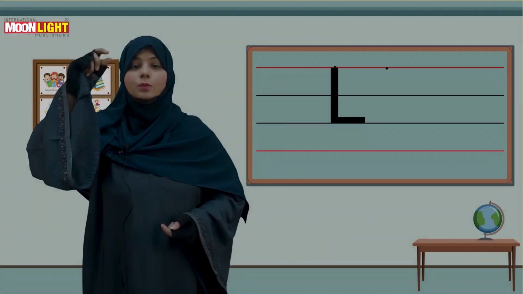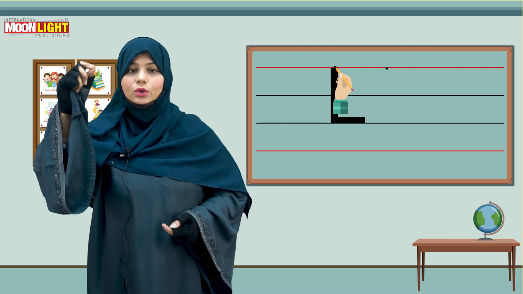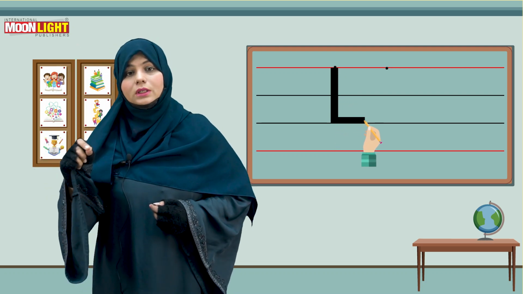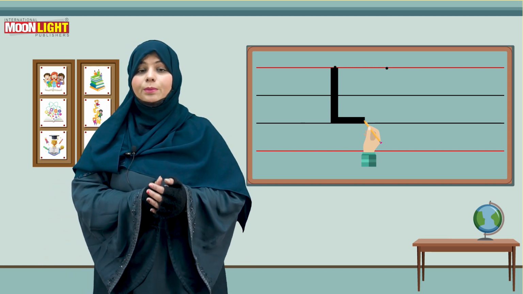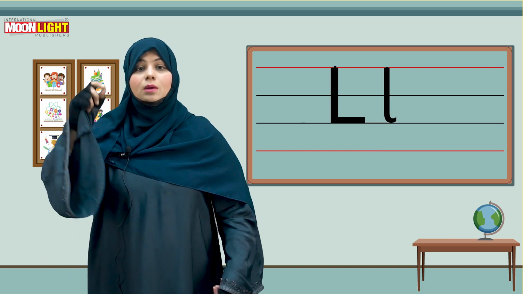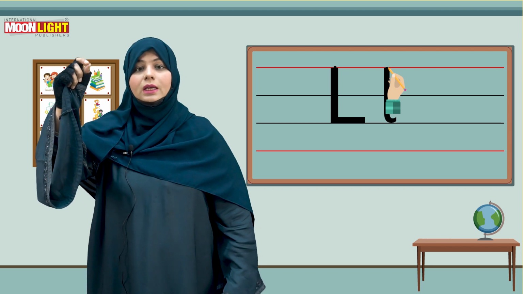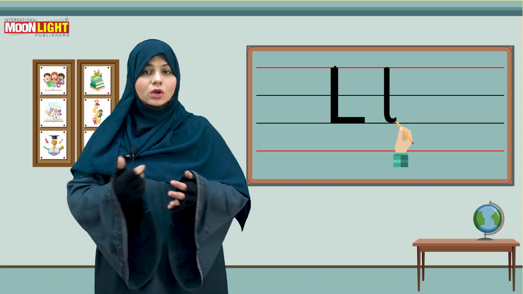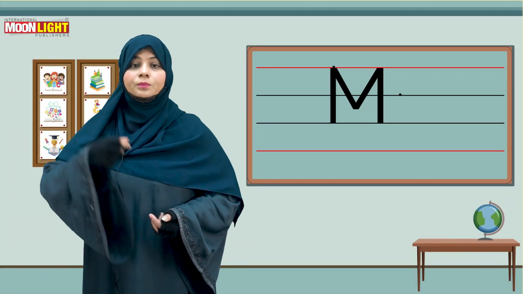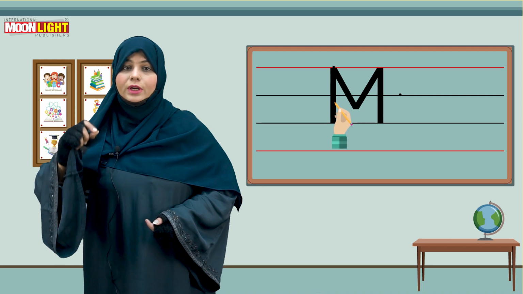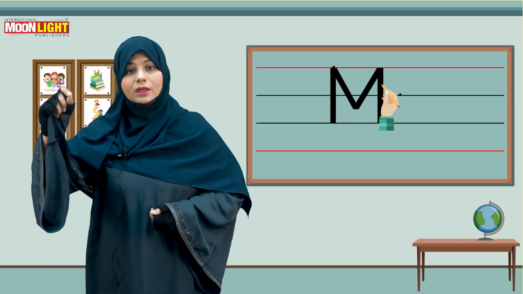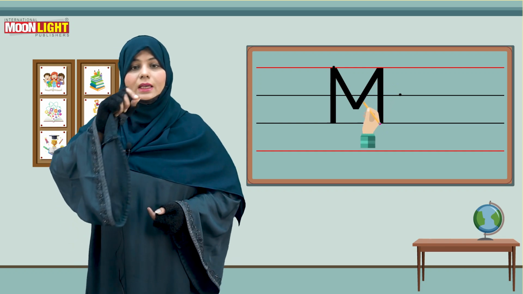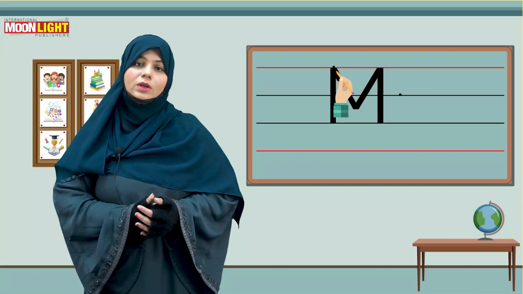Yes, for L, put your pencil on the black dot, go down, make a straight line and make a slipping line on the third line. It will become letter L, capital letter L. For small letter l, put your pencil on the black dot again and make a straight line till the third line and make a small hook. It is small letter l. For letter M, you have to draw a straight line in the upper three lines and another straight line in the upper three lines and make two small slanting lines in the upper two lines. It will become letter M.